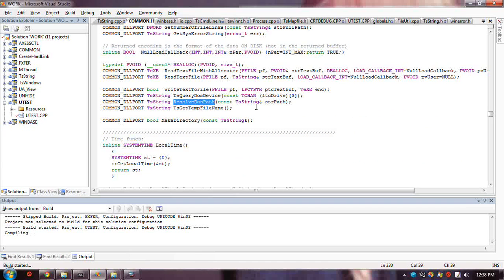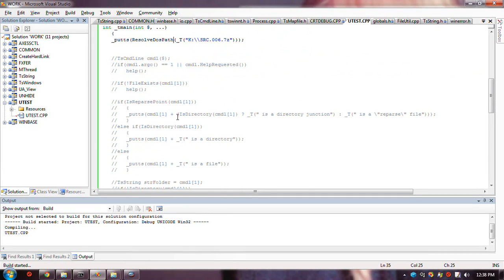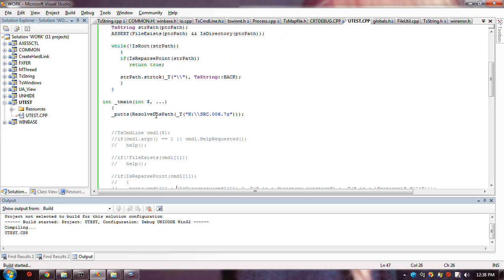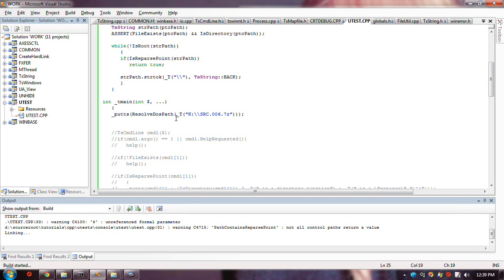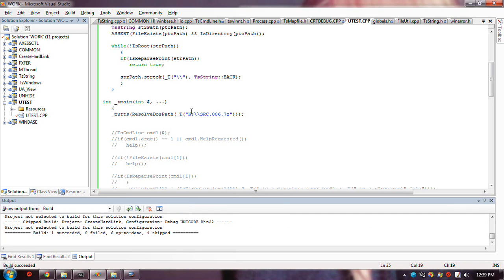It takes a string. Now this resolve thing may expect that it be a fully qualified path. It is in this case. It's fine, it's just that the other one didn't tell me where this is, but I should probably make it more clear in the function naming.